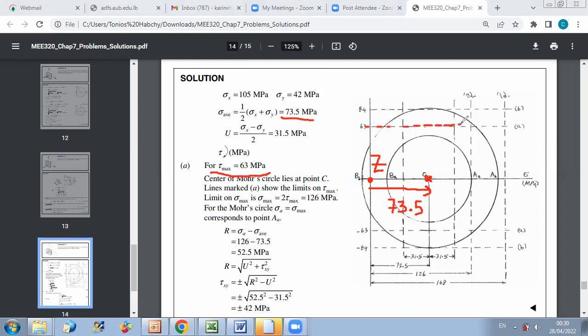So if I plot my limits, plus 63 and minus 63,